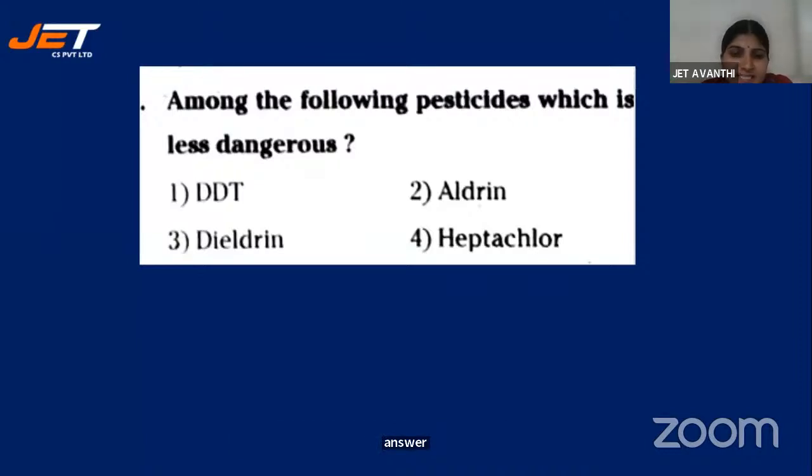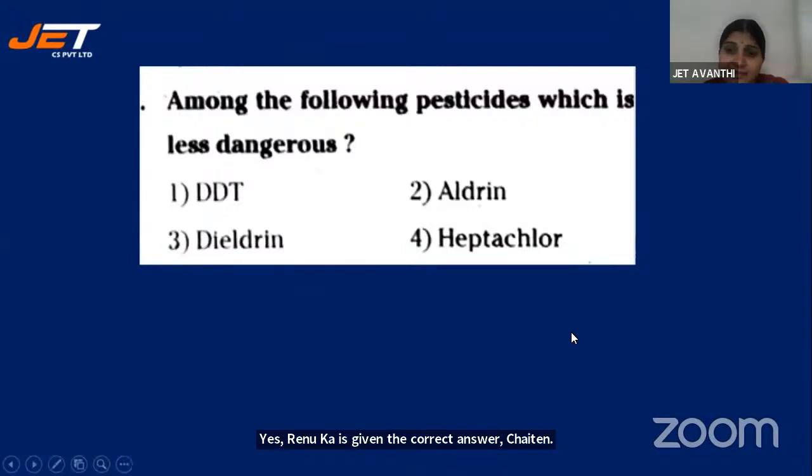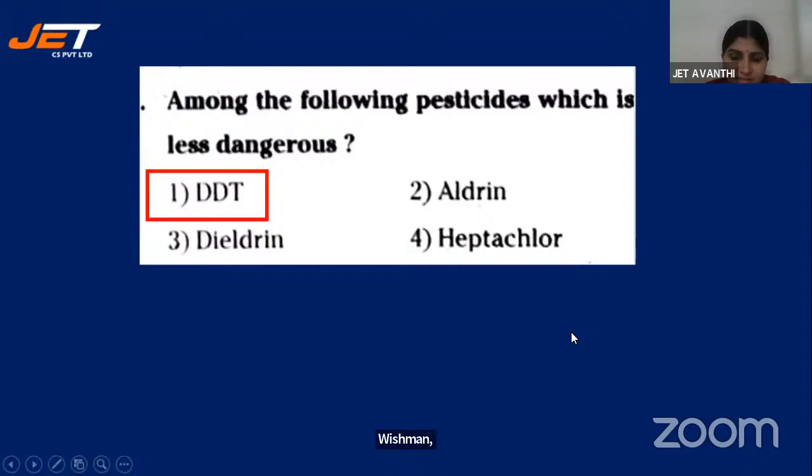It's DDT, children. Dichloro diphenyl trichloroacetic acid. Yes. Renuka has given the correct answer. Chetan, Vishwant, Vardhan. Yes, it is 1, children. DDT is less harmful than the other chemicals. Yes, next,